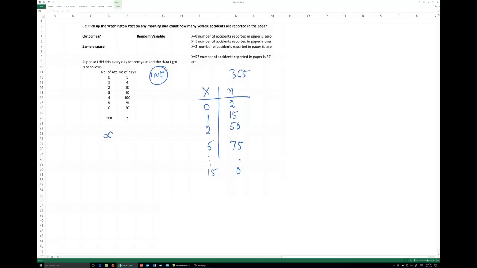Okay, but once you get these numbers, you can compute a relative frequency. Okay, so here, out of those 365 days, on 2 days you had no accidents. So the probability is 2 divided by 365. In the second, for x equal to 1, the probability is 15 divided by 365, and so forth, and you would get all these relative frequencies. And now